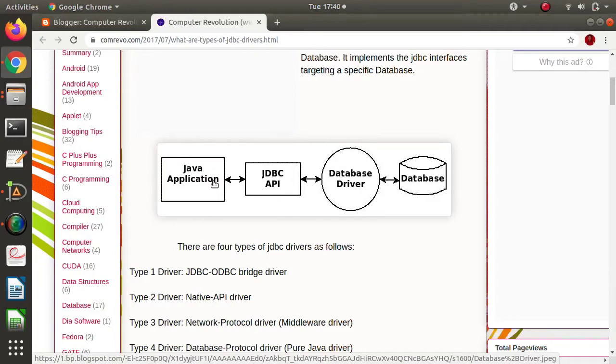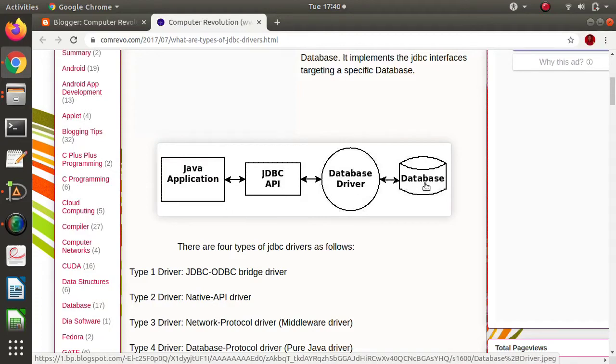Now, to perform such operations, the Java language has provided one API that is called the JDBC API. API means library. JDBC stands for Java Database Connectivity, so the Java language has provided the JDBC API to connect with databases. This is our Java application, where we are using Java coding. We want to connect with the database, so Java provides the JDBC API. And one more thing that we require to connect with the database is the database driver. Mostly, the JDBC API provides some interfaces.